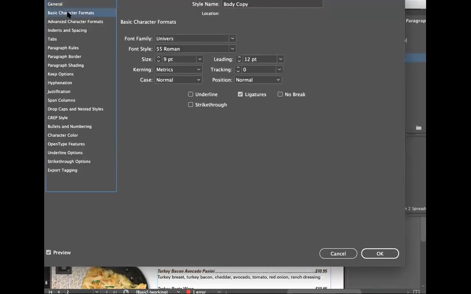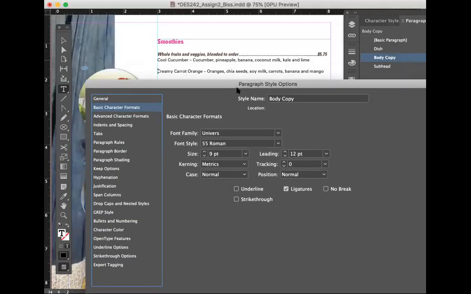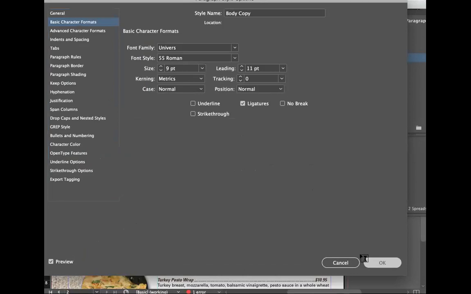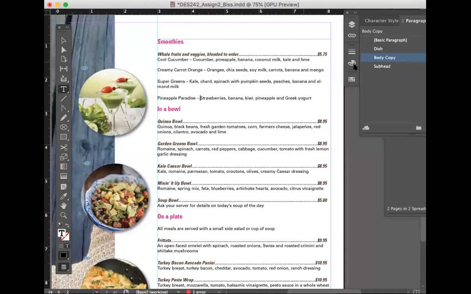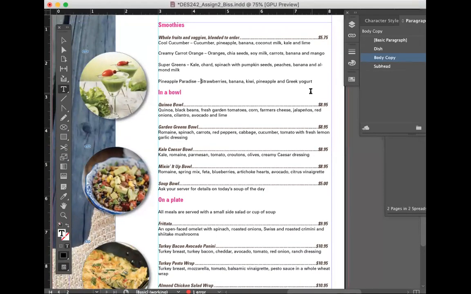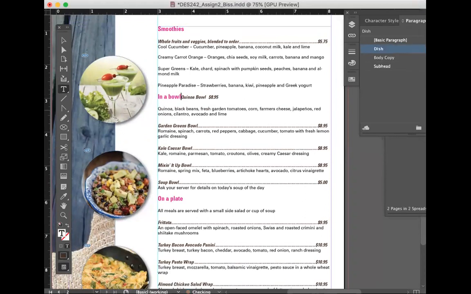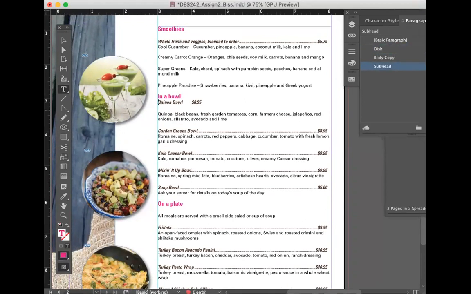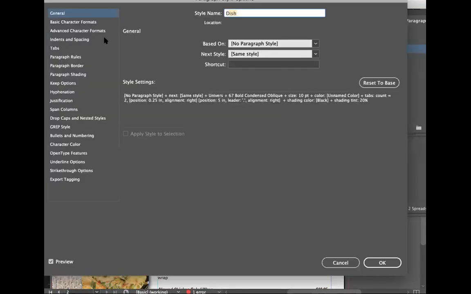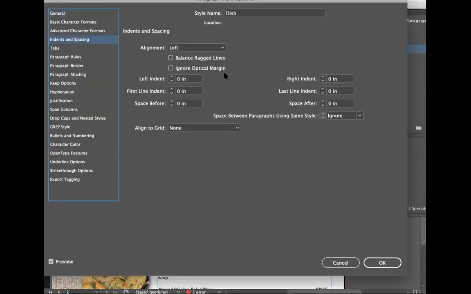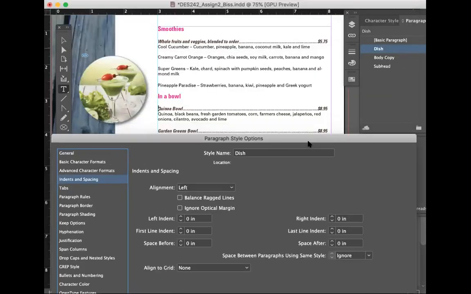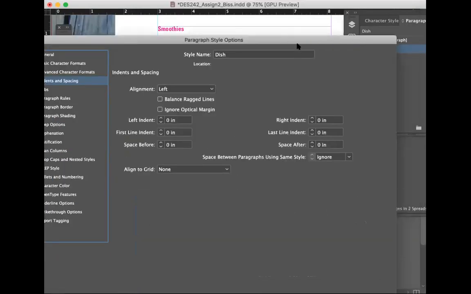Let me go in and change my leading. That's actually what needs to be. And then what we'll do is go back to your indents and spacing. Cancel that because that's not body copy.